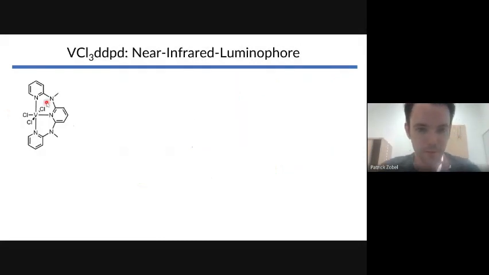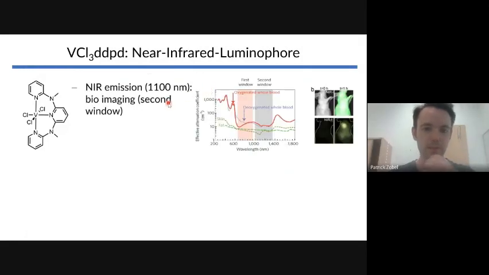So the first example that I want to show you here is this vanadium complex, which has been synthesized by colleagues of ours in Germany, and it's a near infrared emitter, so it emits at around 1,100 nanometers. For transition metal complexes, this is kind of unusual because they usually don't have such low-lying emitting states, but for applications it can be very useful. For example, if you want to do bioimaging,